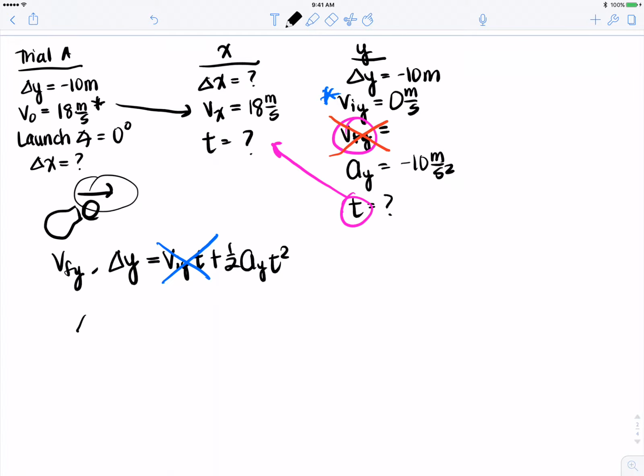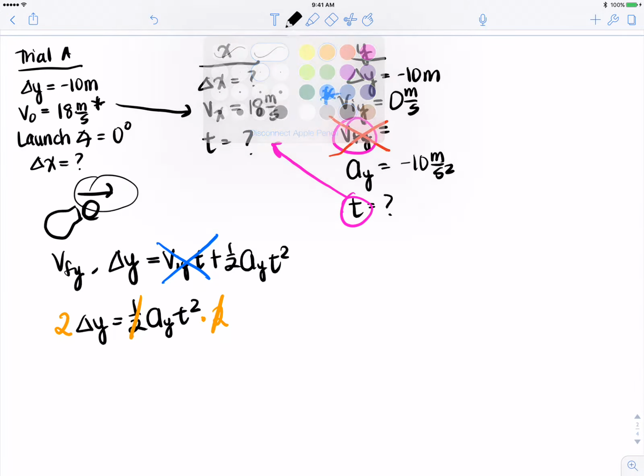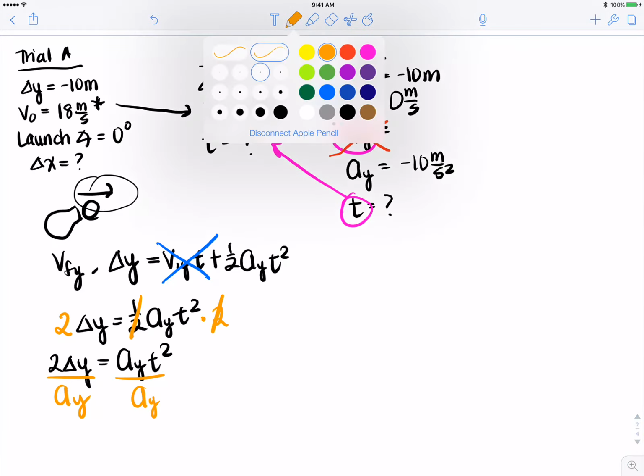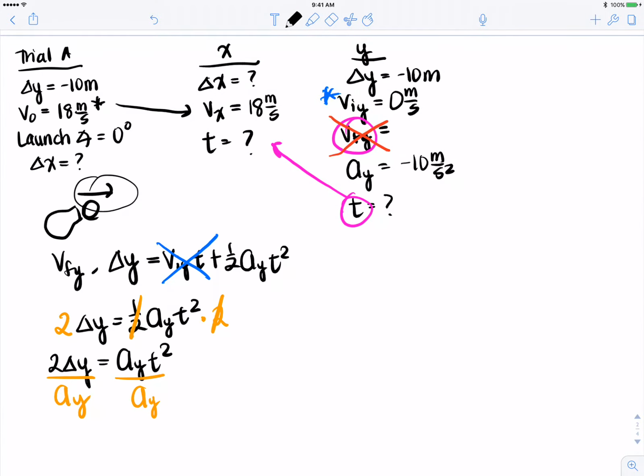And then we're left with delta y equals 1/2 a sub y t squared. If we multiply by 2 on both sides, that gets rid of the 1/2. And we get 2 delta y equals a sub y t squared. Divide by a sub y,